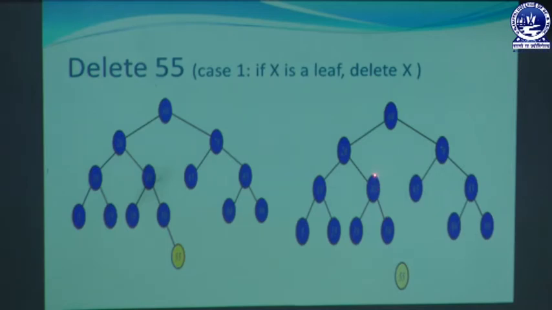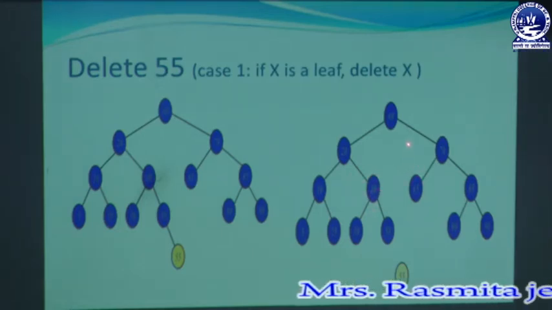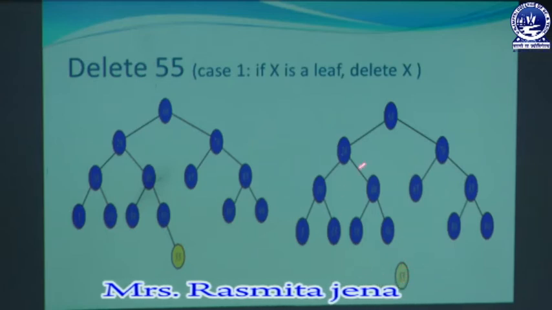So, balance factor is 0, and for this node this is 1, 2 and this is 1, 2. So, 2 minus 2, balance factor of this node is also 0, and the balance factor of the root node: the height of the left subtree is 1, 2, 3 and the right height is 1, 2, 3. So, 3 minus 3, 0. So, the balance factor of all nodes present in the AVL tree is balanced, that is 0 or -1 or +1. Okay. So, this is case 1.